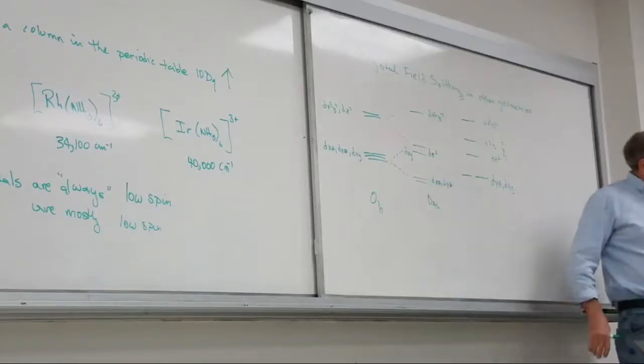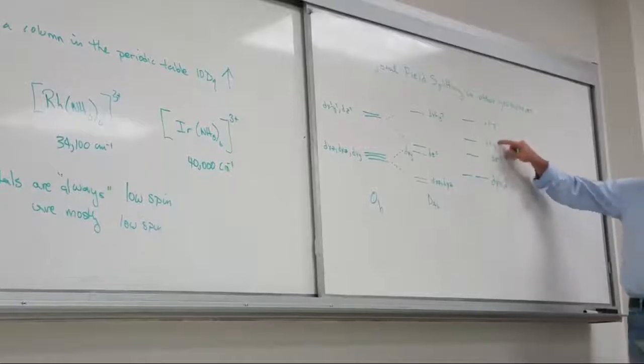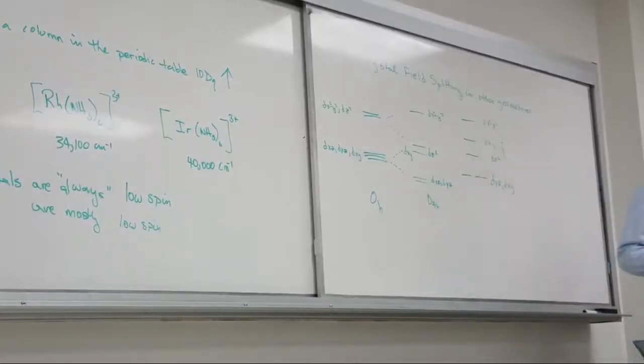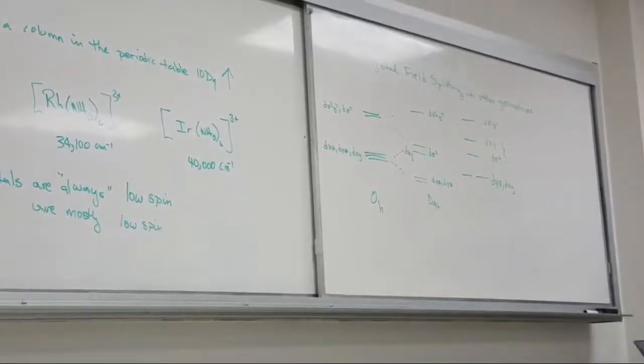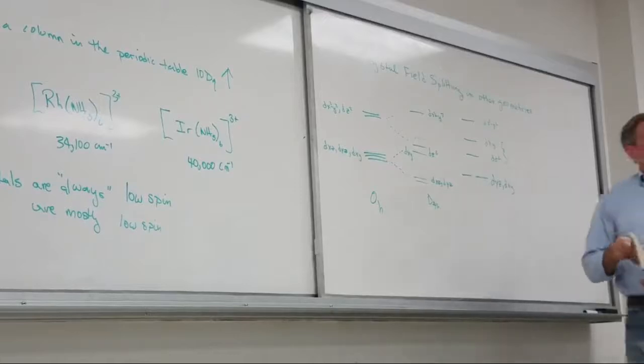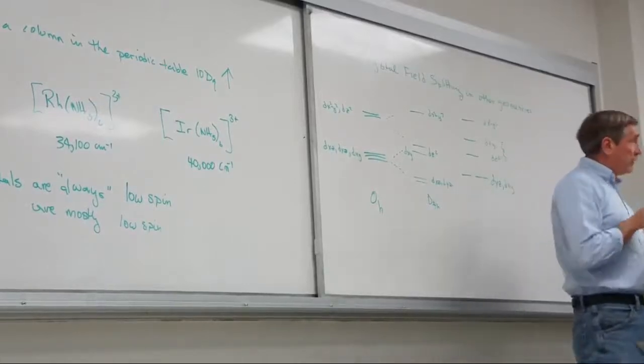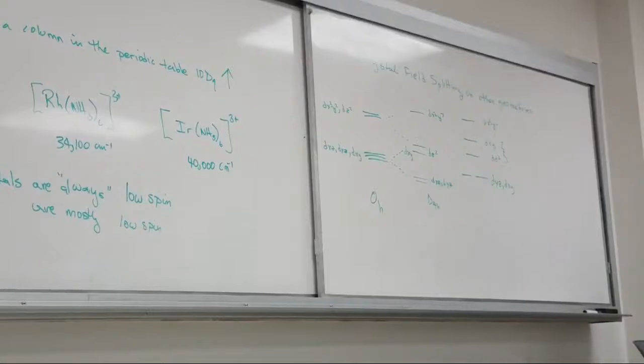How do I know that? How do I know that all these three can be completely independent of each other, but these two have to remain degenerate? Well, the answer is I can have symmetry to tell me that. So if I go to the D4h point group and I look at it, what I find is that in my D4h point group, I'm going to see this in brackets next to one of the irreducible representations. And what does this mean? It means that xz and yz or anything like them, and we've talked about that could be the d orbitals,